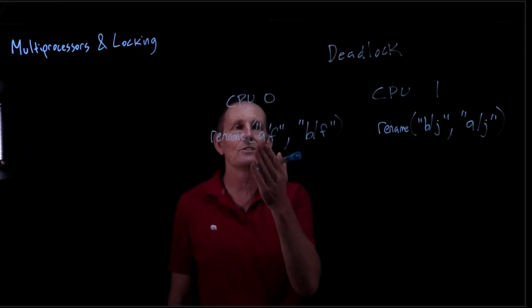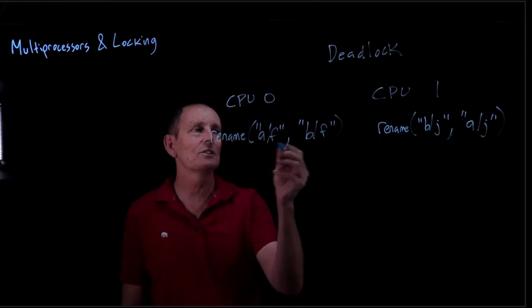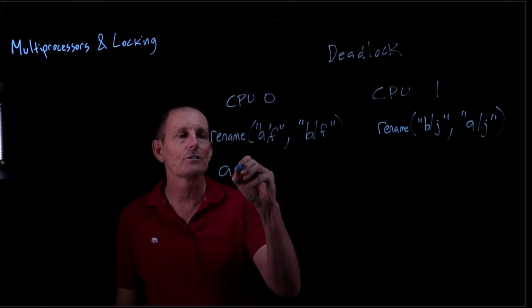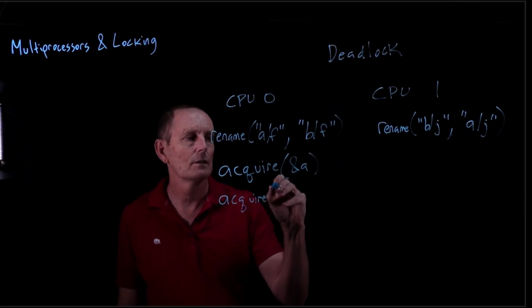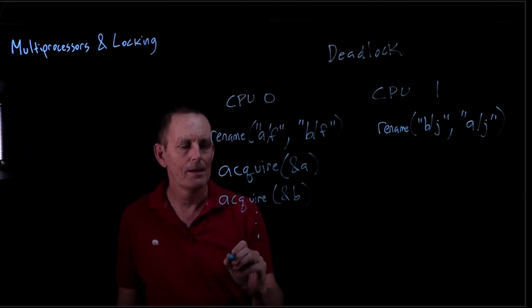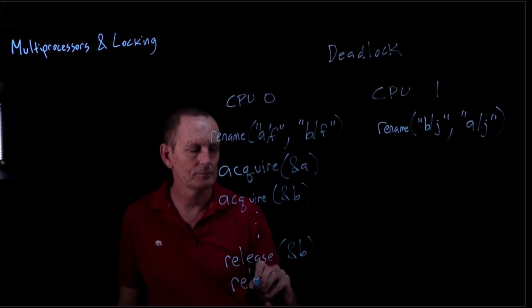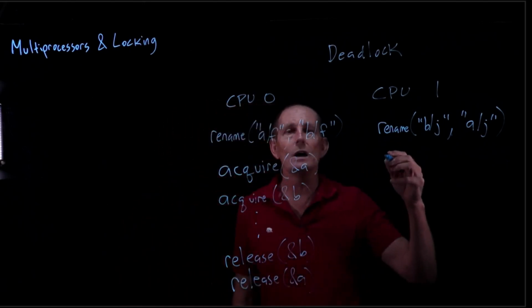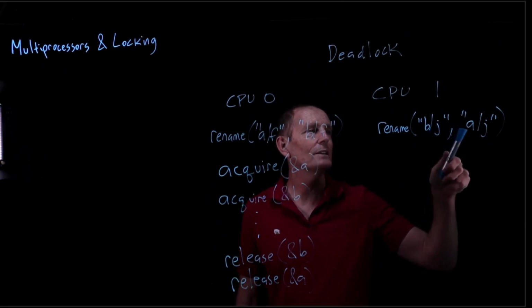Well, we need to be working with these two directories, A and B, and so we need to acquire some locks on them. So CPU 0 just acquires them in order. It's going to first acquire a lock for A, acquire a lock for B, and then when it's done, release them in the opposite order. Well, if CPU 1 does the same sort of thing, it acquires first the first lock, so for B and then for A,